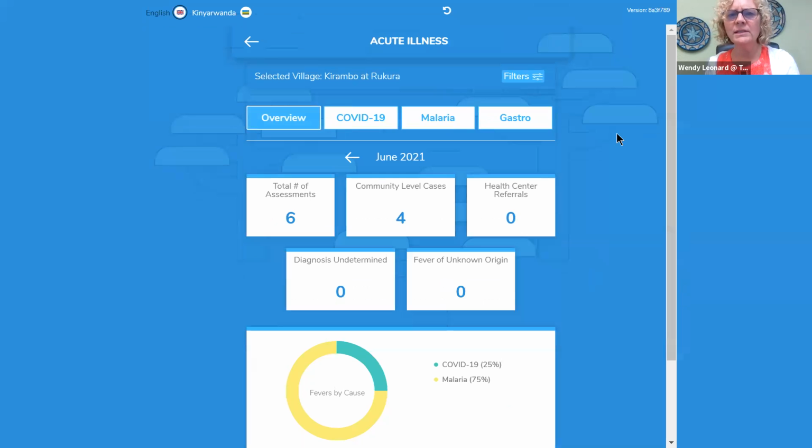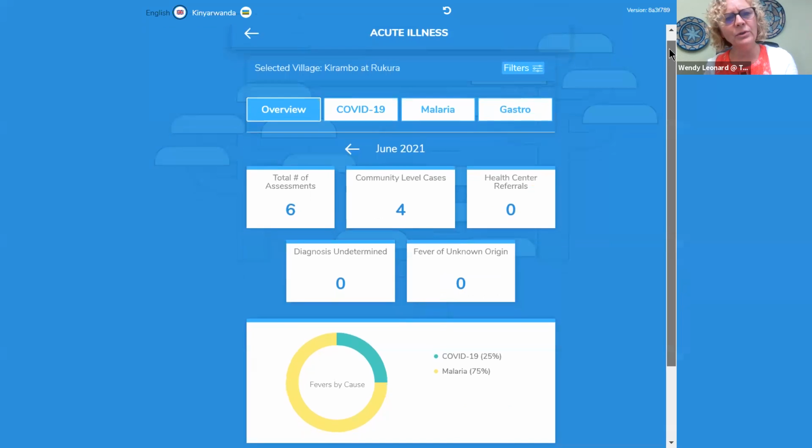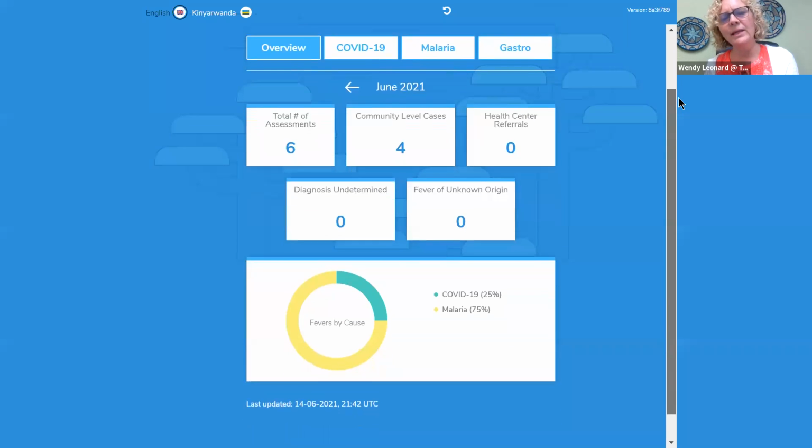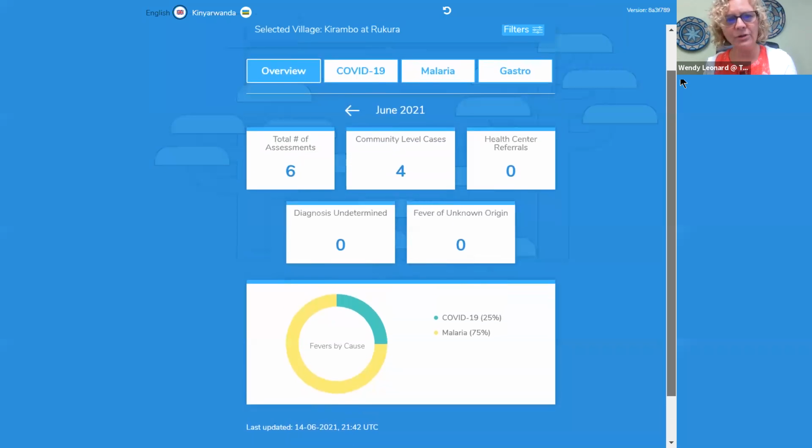Then for acute illness, you can see an overview of information, how many people have been assessed for acute illness in this month, the number of people that are being evaluated and managed in the community, the number of people who've been referred to the health center, the number of diagnoses that were not clear, and the number of fever of unknown origin. And then a breakdown here of the types of